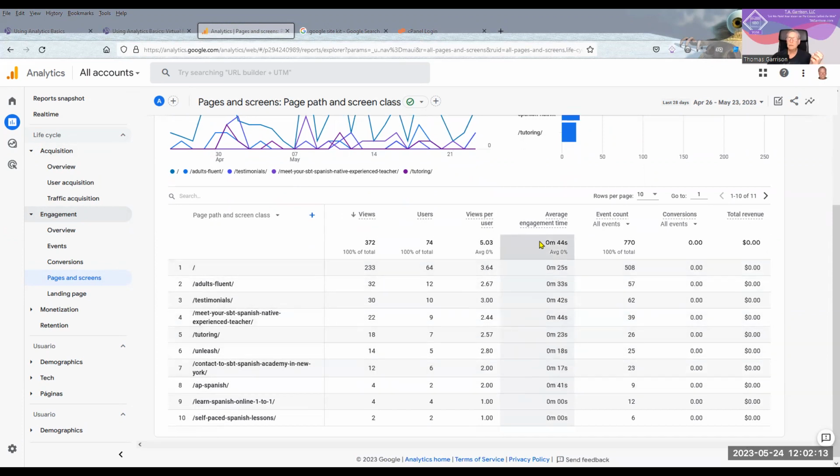If they have spent, I believe, 10 seconds or more on the page, it's considered a viable reader. In other words, if they're under 10 seconds on the page, that's considered a bounce, but they don't use that term anymore. So you need to get people spending more than 10 seconds on the page.